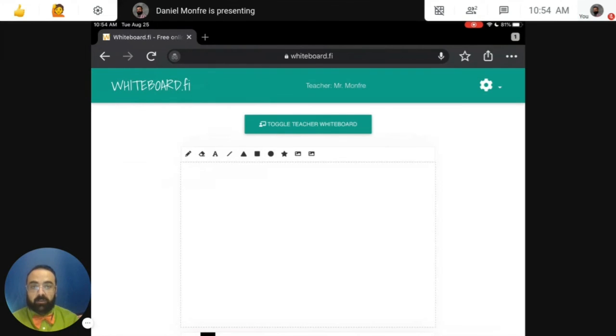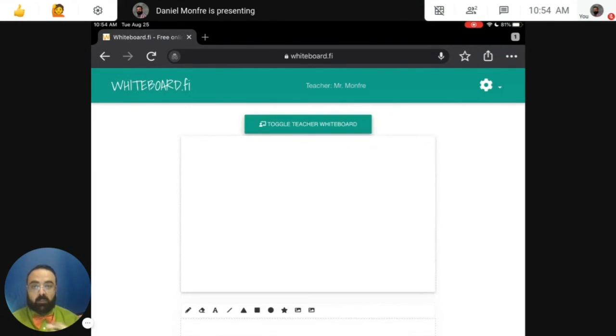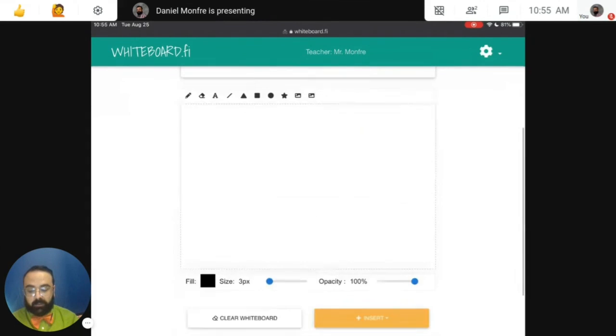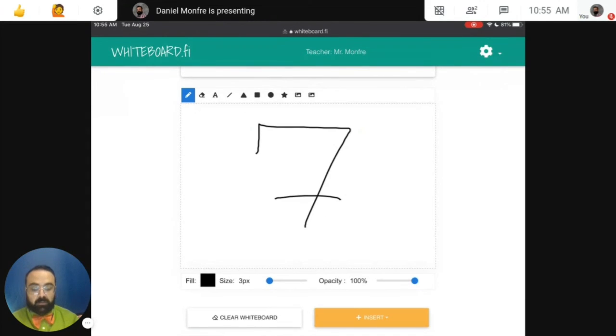so here they are on the student's page. If they hit the toggle teacher whiteboard, they'll see what I've written on my board. So now they can see that equation that I've written, and they can go back down here to their board, and they can write their answer. Then from the teacher's display,